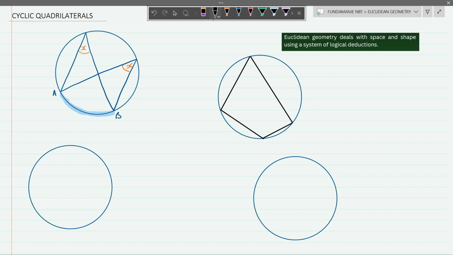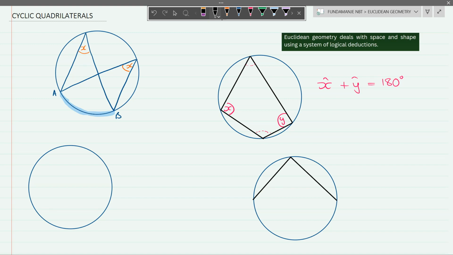The first one being opposite angles are supplementary, which means if I have x over here and if I have y over here, then x plus y is equal to 180 degrees. Similarly, these two opposite ones would also be equal to 180 degrees, giving us a total of 360, which affirms that this is still a cyclic quadrilateral. Then we can also draw another cyclic quad